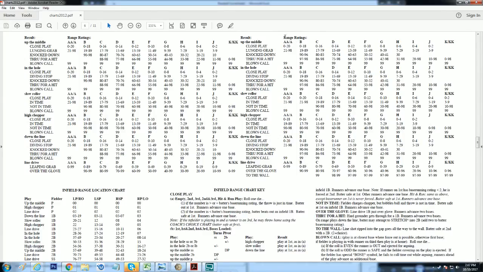When we look at our plate here, when we look at our range plays, I mean, you have close play, you have a lunging grab, you have a knockdown, you have a through for a hit, and you have a blown call. Each one of these things has a different result, which is, like I said, the more complex, the more stuff you add to the system, the more detailed and depth it gets, but the slower the game will play because there's a lot of information you have to look up, you got to reference. If I had the cards, it might be a little easier for me than using it on the computer